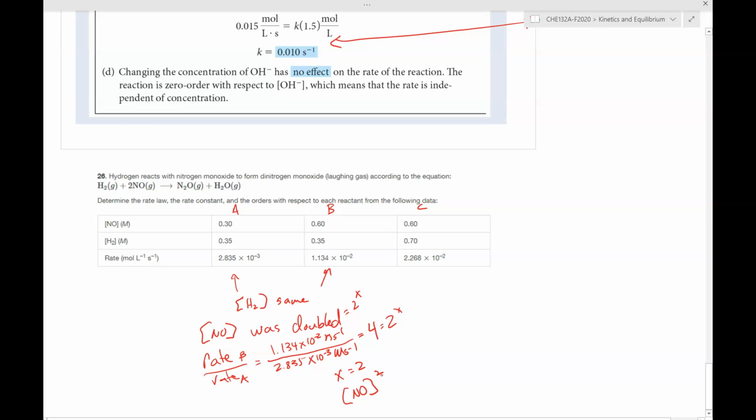Now, if we're going to get the order with respect to H2, we're going to compare B and C, because if we compare B and C, NO is the same. I'll draw a little line there between those. NO is the same, it's 0.60 in each one. H2 got doubled. So we've got 0.70 over 0.35, raising that to the y for that part is 2 to the y. And then if we look at the rates, we're looking at the rate of C over the rate of B,